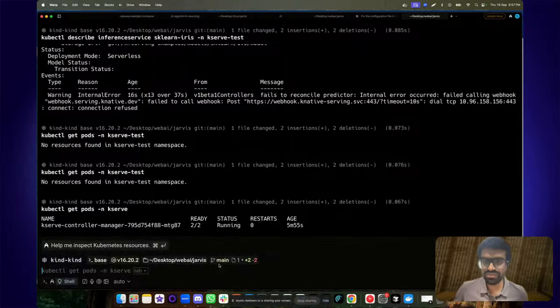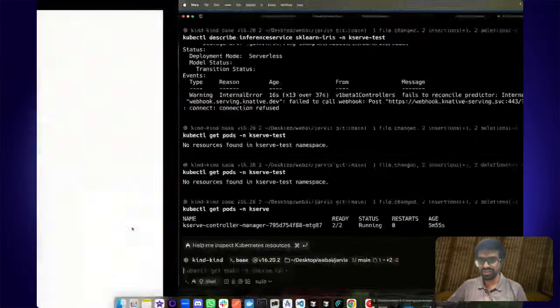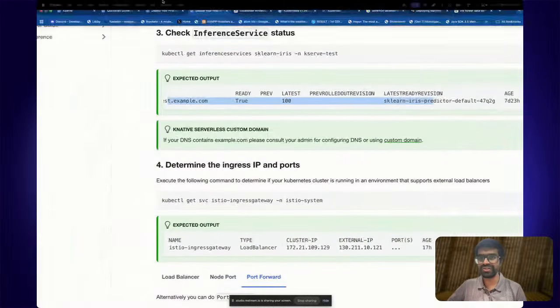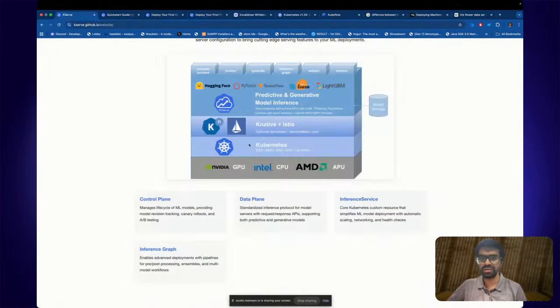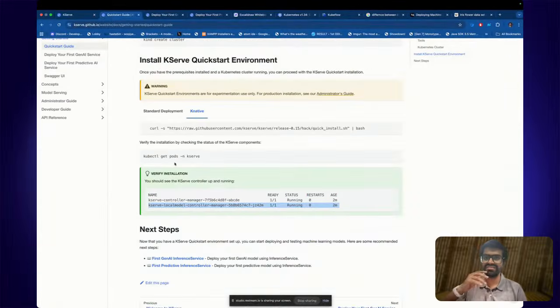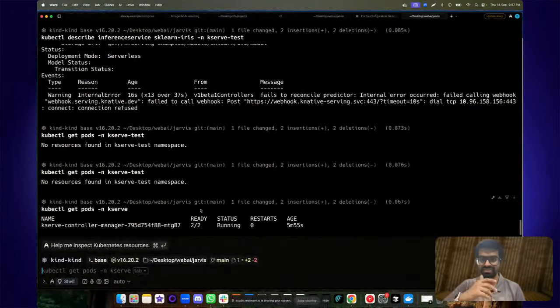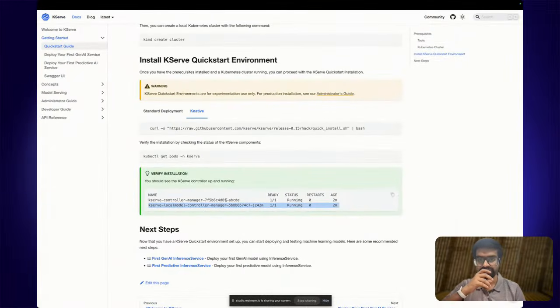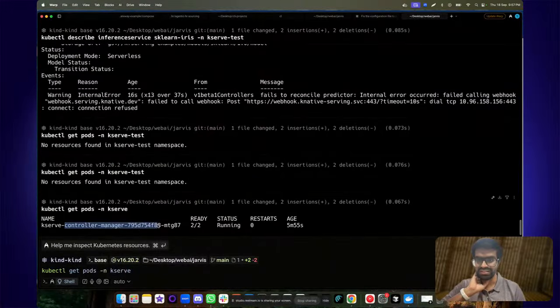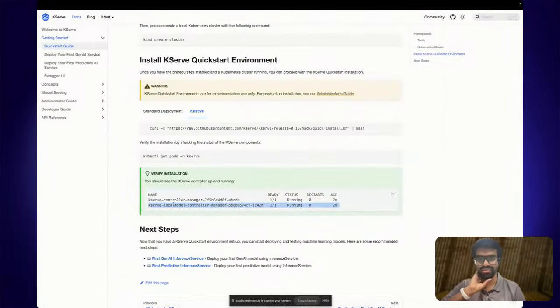That could be probably one of the reasons. Normally we should see the local model controller manager as well. So there seems to be something wrong. You might just have to double check why it is just showing us the controller manager but not the local model controller manager.